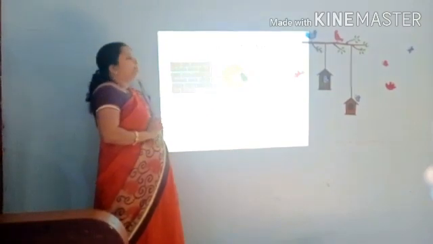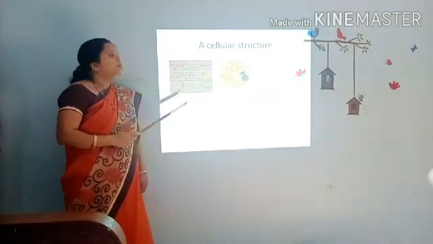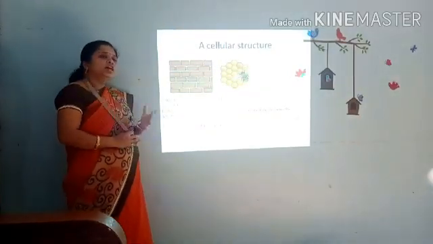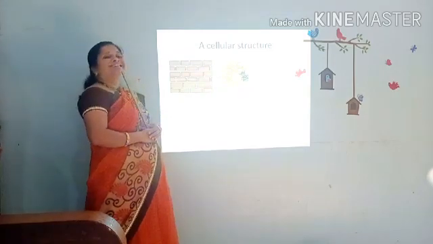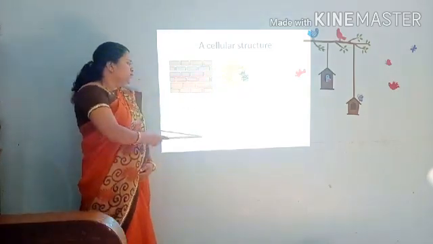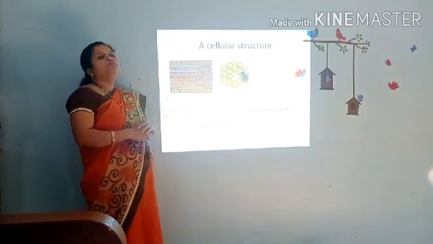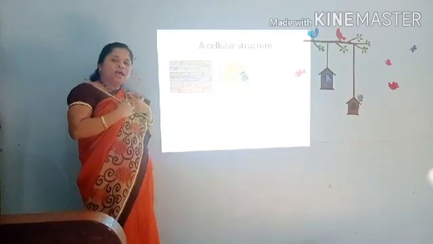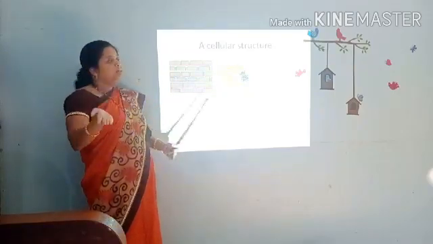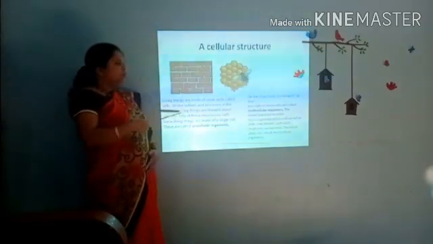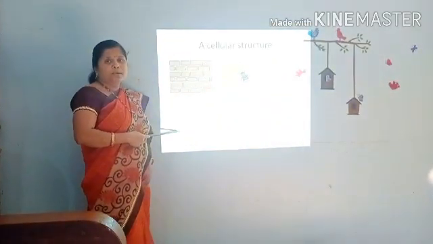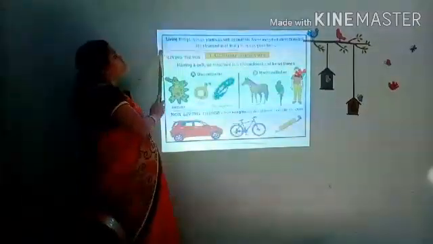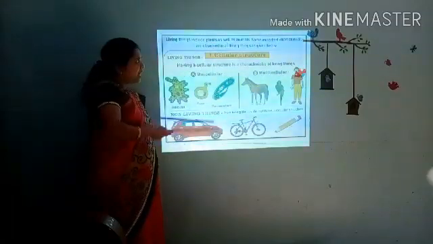Like that, non-living things do not have a cellular structure. Their structure is made up of particles. So the living things which are made up of a single cell are called unicellular animals, and the living things which are made up of many cells are called multicellular animals. So we are multicellular animals because in our body there are many cells. Similarly, amoeba and paramecium are unicellular animals. So the living things include plants as well as animals.